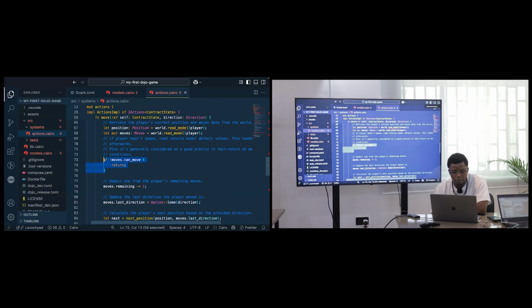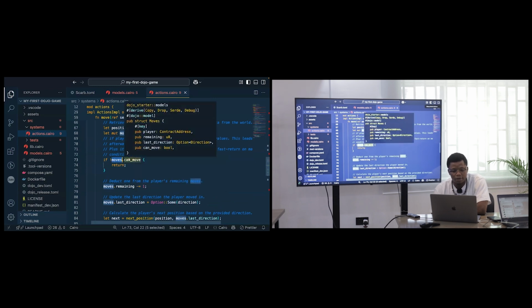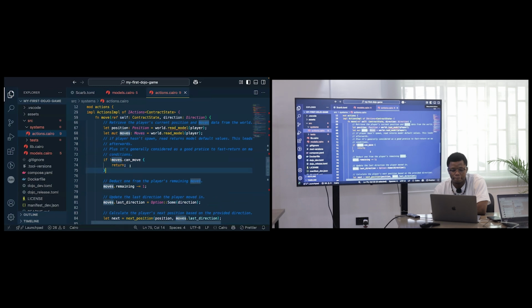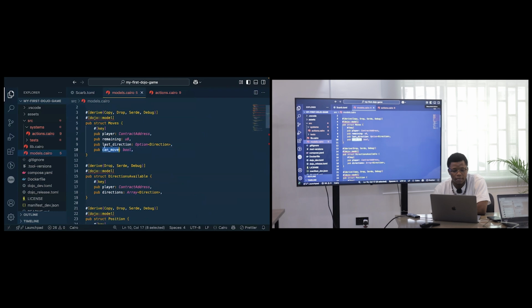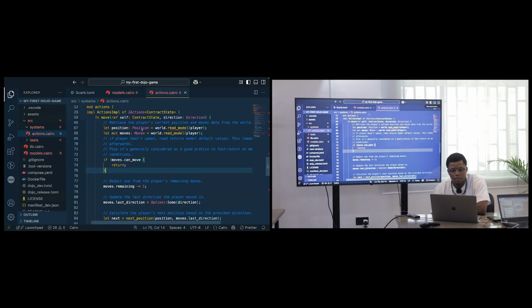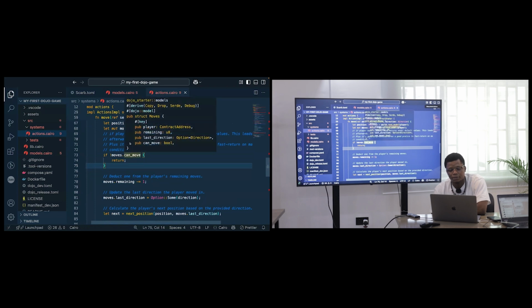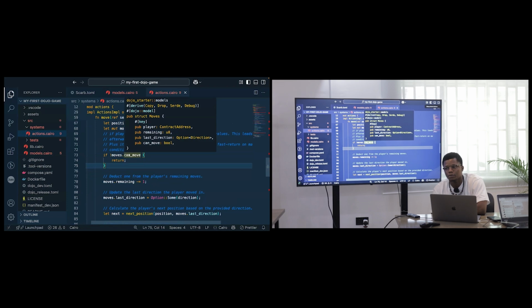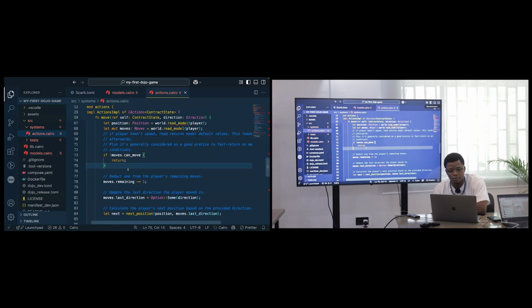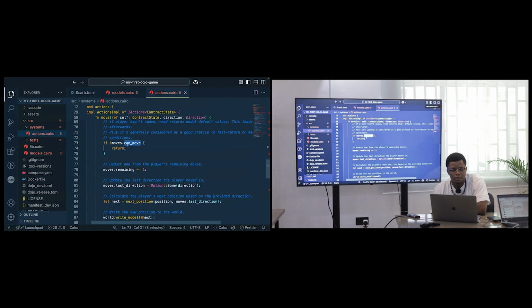So this is like a pre-check. In the moves, you want to check. Now, this moves model, since it's a type of moves, it means we can have access to the fields directly from our contract. So if you go back to moves, it has a field called can move. Whenever you get access to this particular moves model, whichever instance of the model you get access to, you can also access the fields of the model as well. So over here we're checking the can move